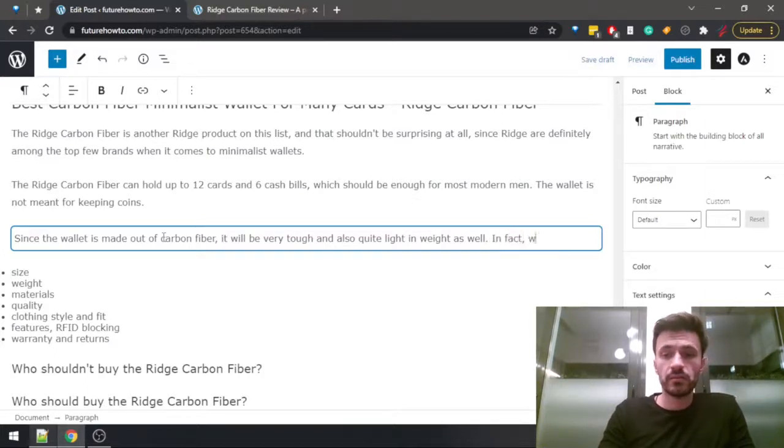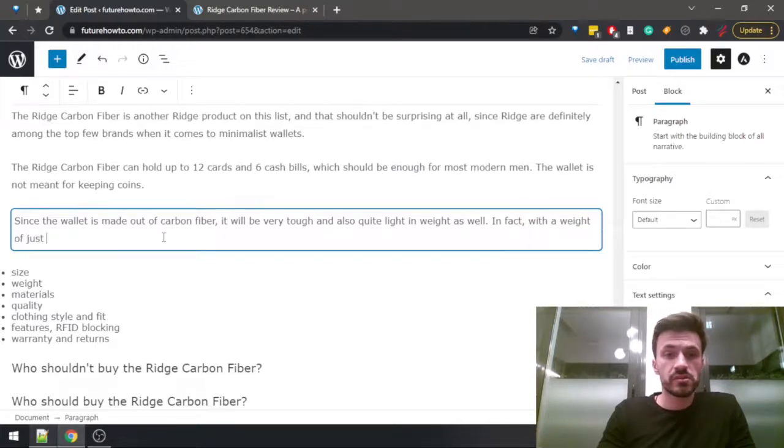In fact, with a weight of just 2 ounces, 56 grams, this is